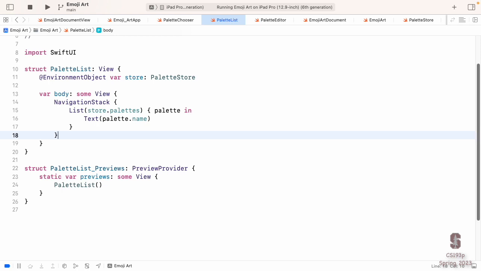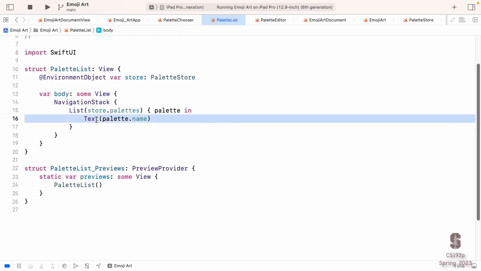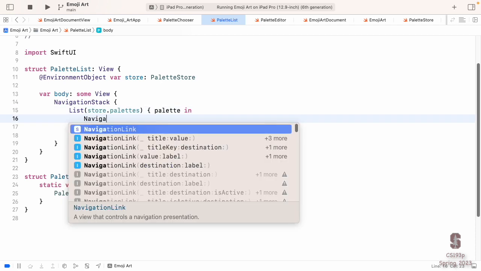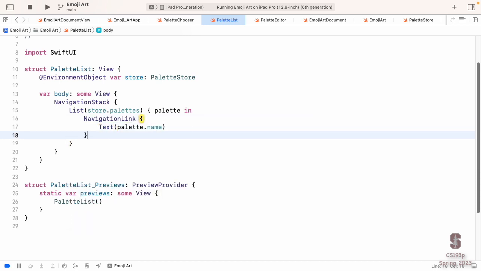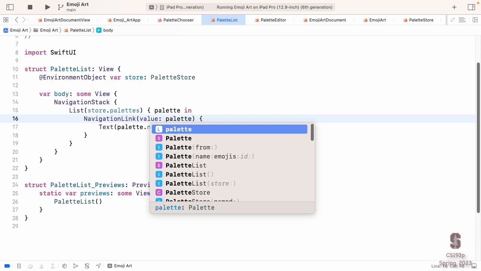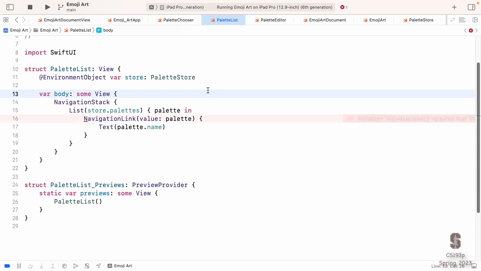The second thing is you have to say what is the thing in the UI that a user can touch to navigate. So in our case, it's one of the things in the list, this little text right here. If you click on that text, it should navigate. And the way you tell it that is by putting a navigation link around it. So a navigation link takes a view builder, which is just the thing you're going to be clicking on. And it has this other very important argument here called value. The value is the value that SwiftUI is going to associate with clicking on that thing.